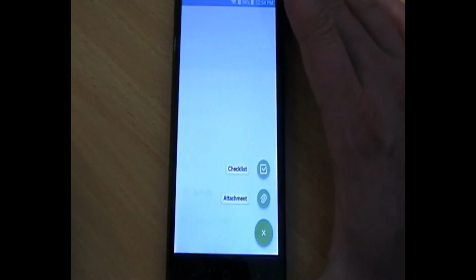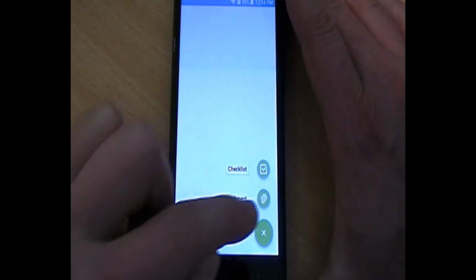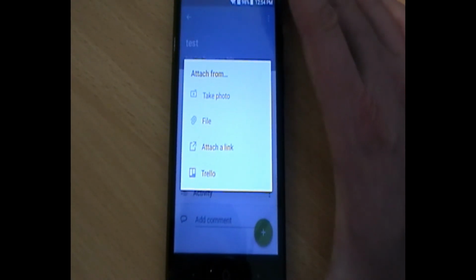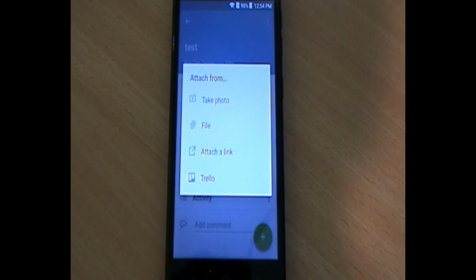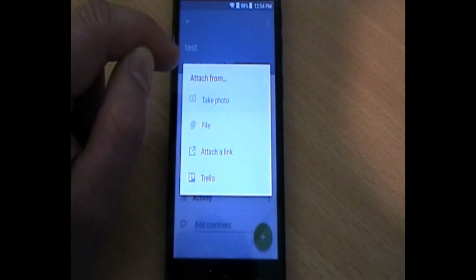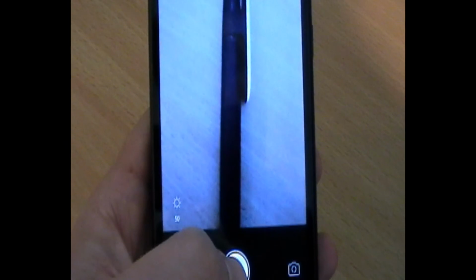And this menu here allows me to go and attach something, attachment. Now you have to tap on that, and now it says on the top, take photo, and that's exactly what we want to do. We want to take a photo right out of the Trello app. So I tap on that, and now the camera is open, but of course I got to lift it up a bit, and we just take a picture of this pen, and I hit the shutter,